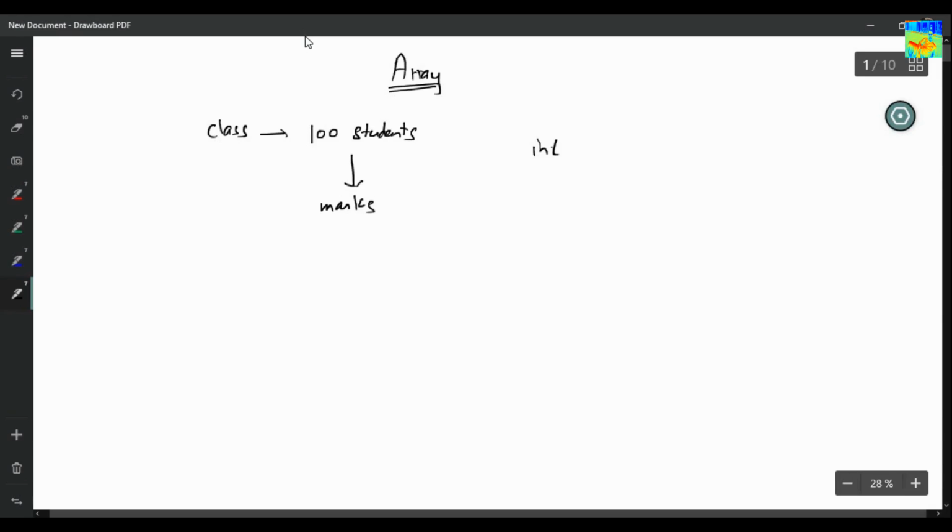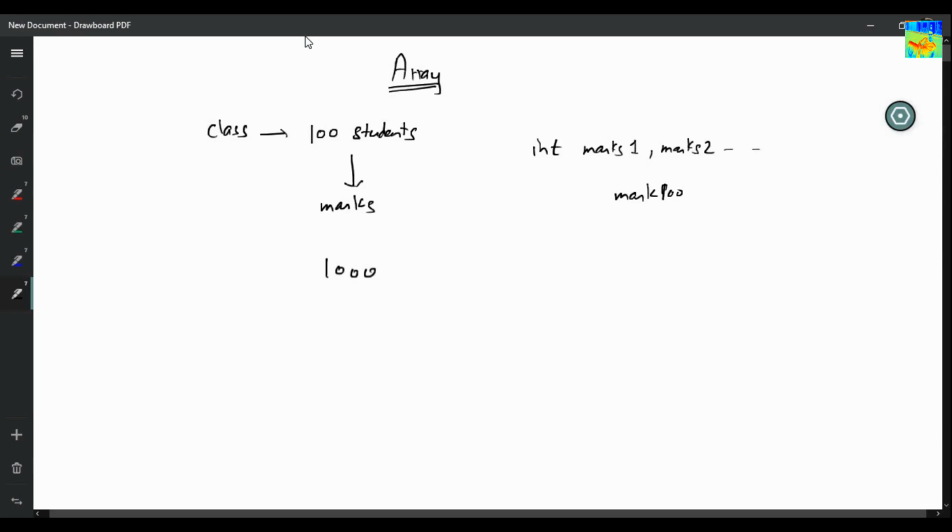For example, int marks of first student, similarly marks of second student, and so on till marks of 100th student. So you will create 100 variables to store marks of 100 students. But if we are having, let's say, 1000 students, you will have to create 1000 variables to store marks of each and every student.